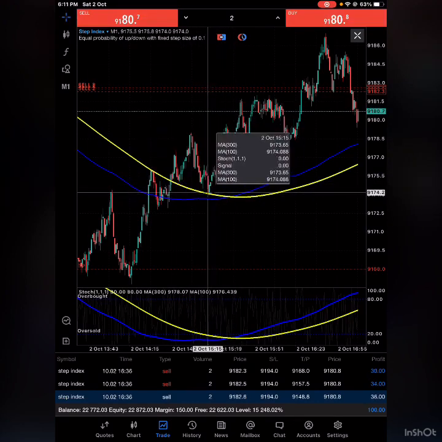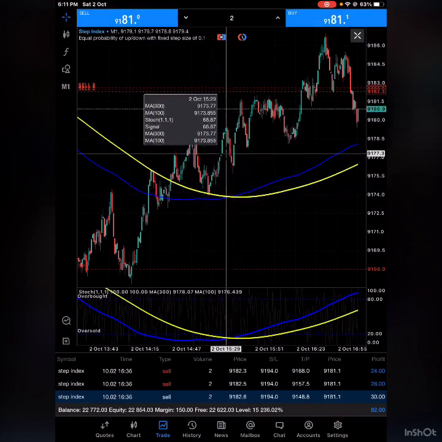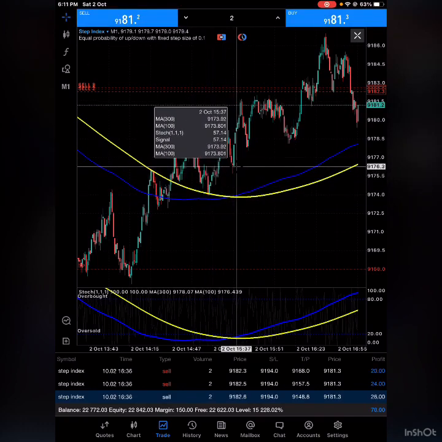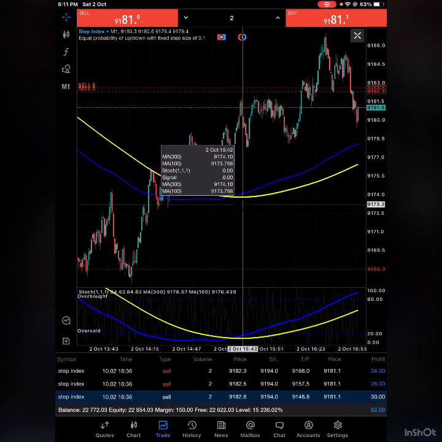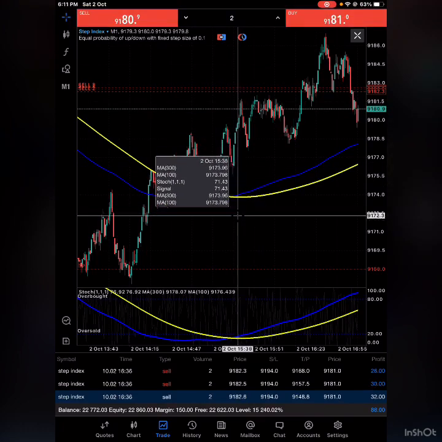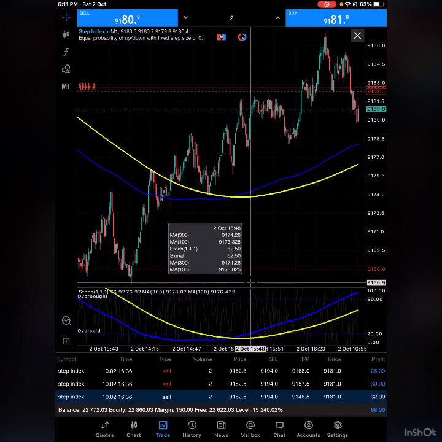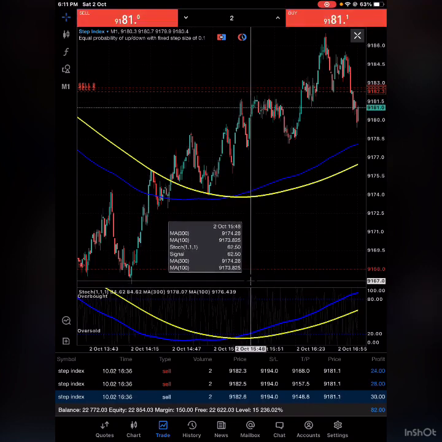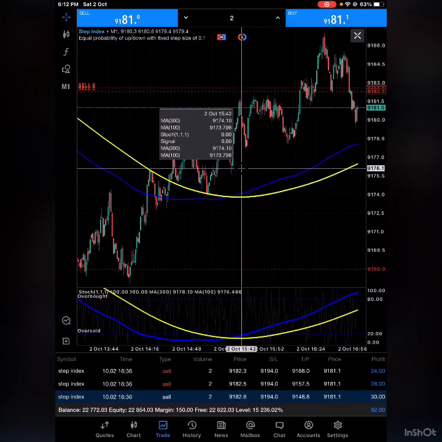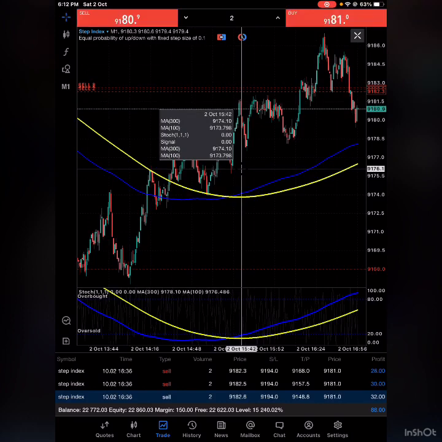They've not crossed here, so you could not enter here. But they crossed eventually, and the market pulled back a little bit. Here you make your entry, then you set your stop loss at this support level, or you come and set your stop loss here. If you set your stop loss there, it's not bad. To set your stop loss at 67, if you make your entry at 76, that's 10 pips, then you take profit